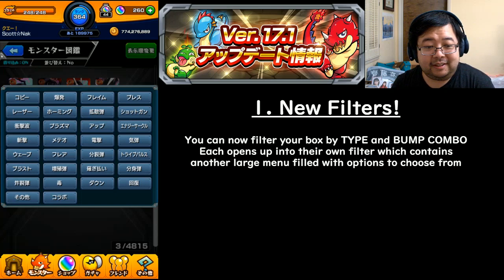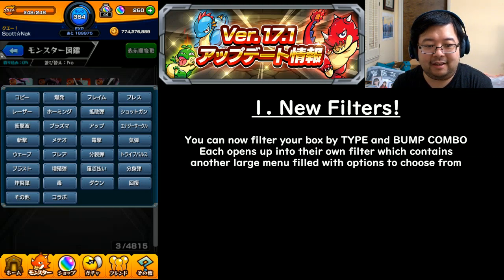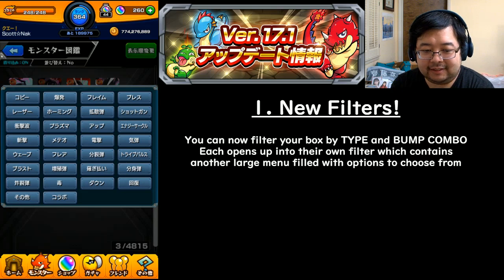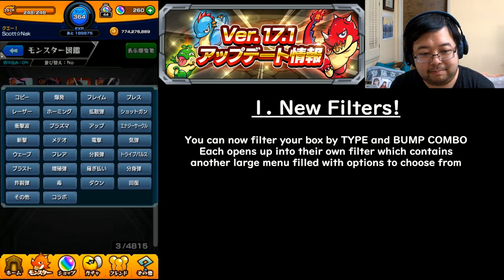But in general, we got copy, we've got Bakuhatsu for the explosion, we got flame, breath. I guess they're similar enough, but different. You got laser types, homing types, spread shots, shotguns, shockwaves, plasma, any kind of up style bump combo, energy circles, the slashy Zangeki, got meteor, electricity, Kidan, the pulses out there, wave, flare, Bunretsudan, which is the pop and then it splits off on the wall hits, Tribe Pulse,